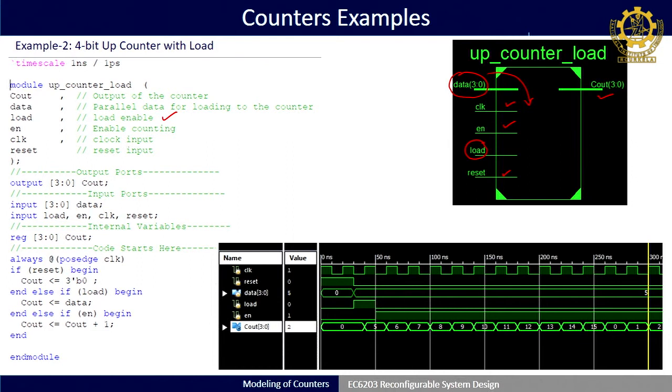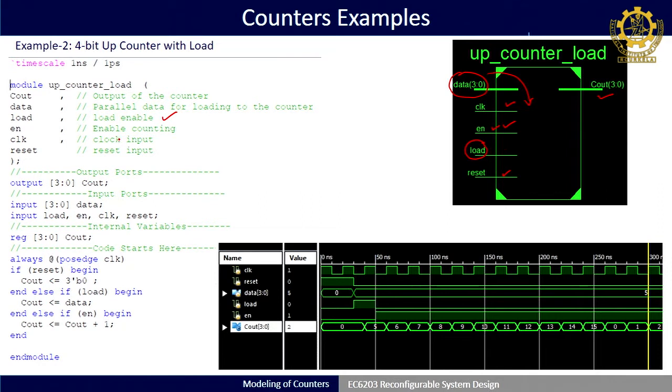Okay. So, loadable counters are like this: you should have a single-bit input like load. Let us say I have taken active high load; you can take active low load also. In the active high load case, if the load is high, the data will be loaded to the internal signals or registers, and when this load is 0, then depending upon the control signal for counting up, like enable, it will start counting up.